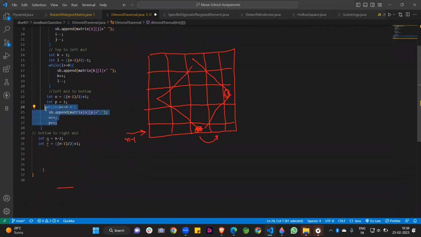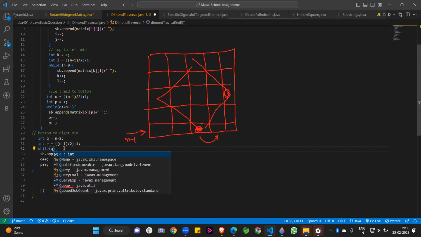So I am copying the same. So this is our complete while loop. So I am writing here. And what should be the condition for our while loop? So we are writing our while loop condition.